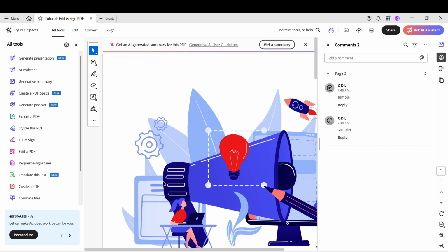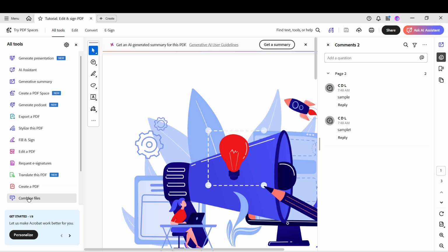Now look for the All Tools option on the global bar. Depending on your version, this can appear along the top or on the side panel. Click All Tools to open the full catalog. This panel is your master list of everything Acrobat can do, grouped into categories like Edit, Comment, Organize, and more. It's the quickest way to browse what's available and decide what deserves a permanent spot on your toolbar.